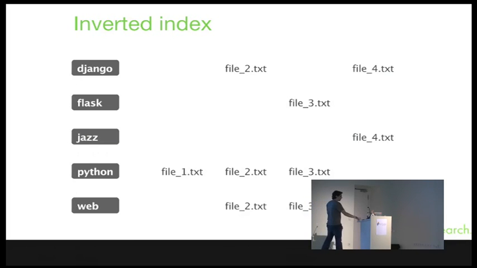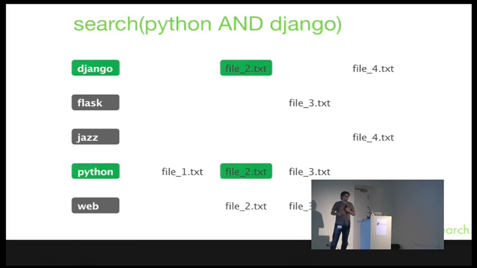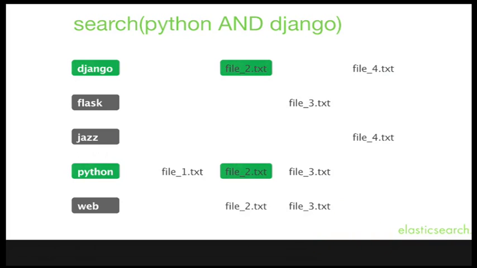So now when we actually want to execute a search, let's say that we want to search for Python and Django. That's super easy. We just locate the two words on the left. And we have two sorted lists that we now have to merge. So we just walk those two lists, and whenever we see the same document, that's our result. So as you can see, it's a very effective mechanism because it's just merging sorted lists. And it has one other important characteristic: